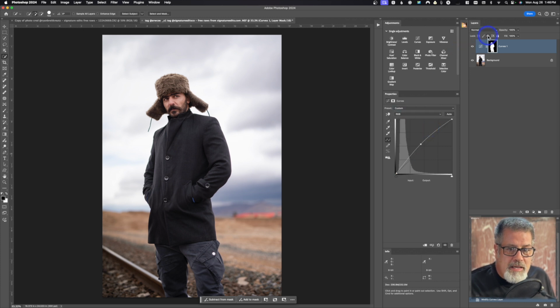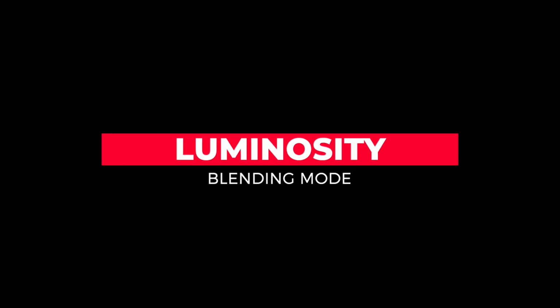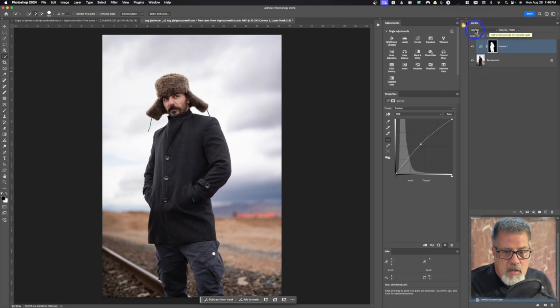We can also tell Photoshop, hey, I want to adjust brightness. But you can see his face got brighter. I don't want you to affect color. To do that, you're going to go up here to where it says normal. And you're going to click on that and drop down to luminosity. Those things you saw are called blending modes. And by doing this, it's only affecting the brightness of the image, not the color. So if you don't want to affect color, change it to a luminosity blending mode, and curves will only affect